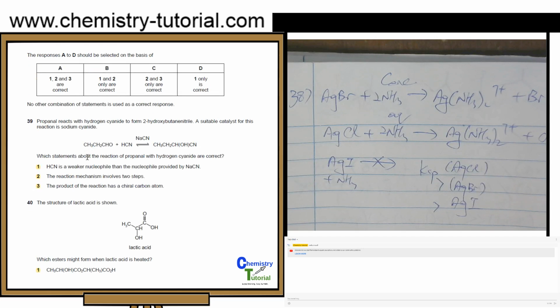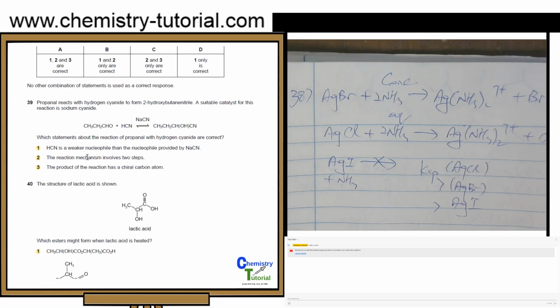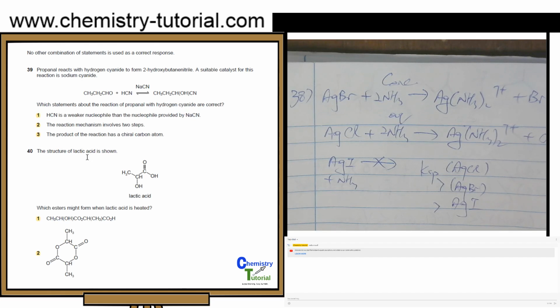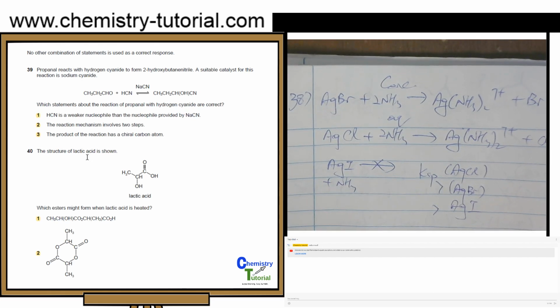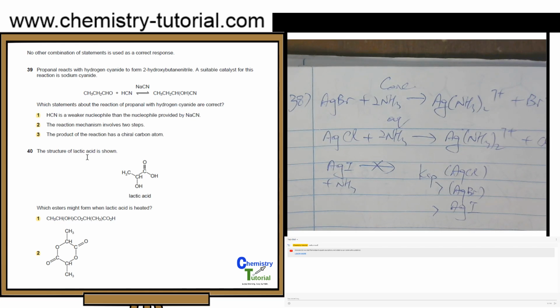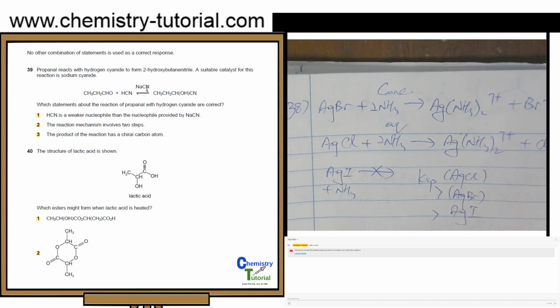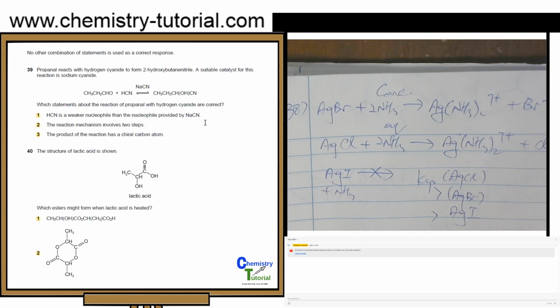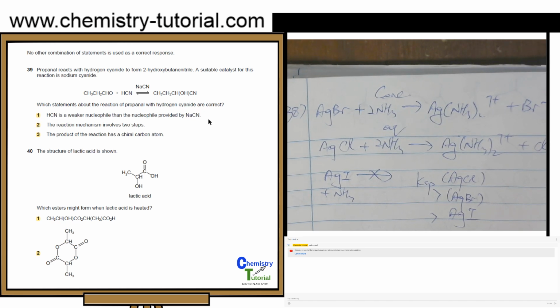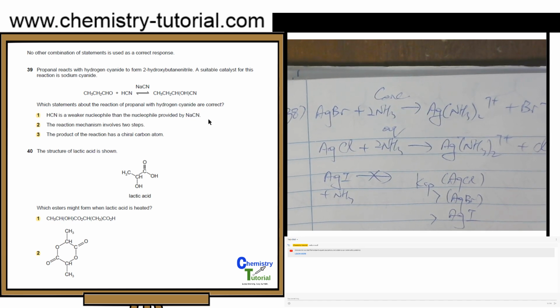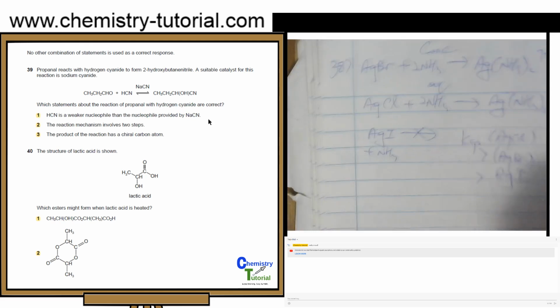For question 39, propanal reacts with hydrogen cyanide to form 2-hydroxybutanenitrile. Sometimes we call it a cyanohydrin. A suitable catalyst for the reaction is sodium cyanide. So if you see NaCN on top of the arrow, it usually says that this is probably a catalyst. Now, HCN is a weaker nucleophile than the nucleophile provided by NaCN. This is true. That's because HCN is a weak acid. That means if it's a weak acid, it's not going to generate sufficient